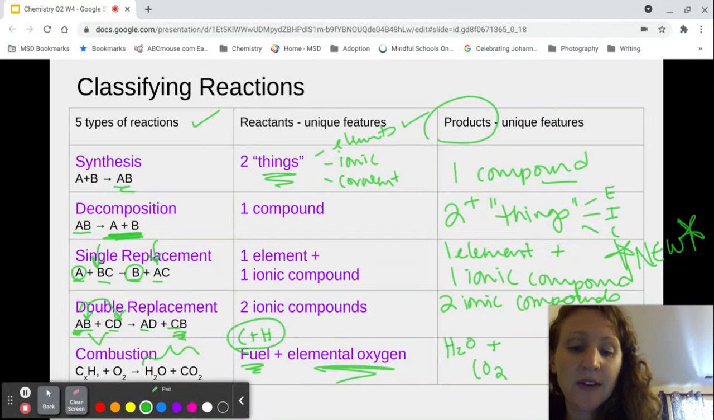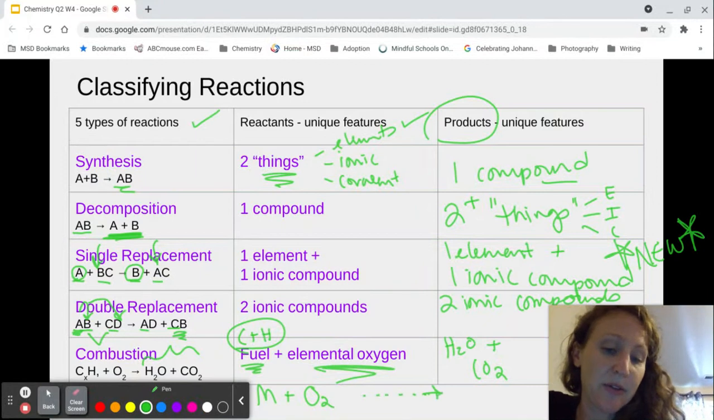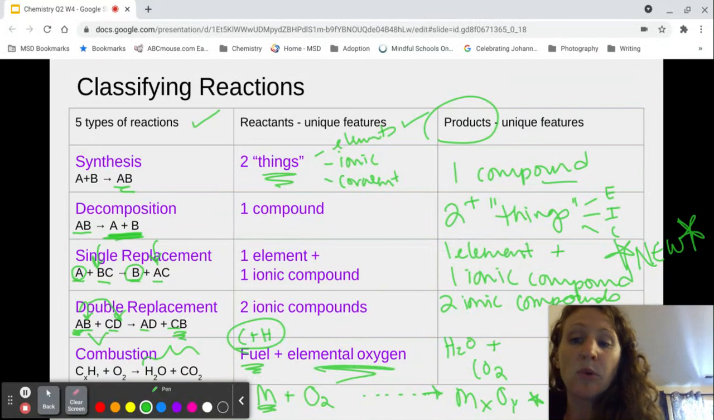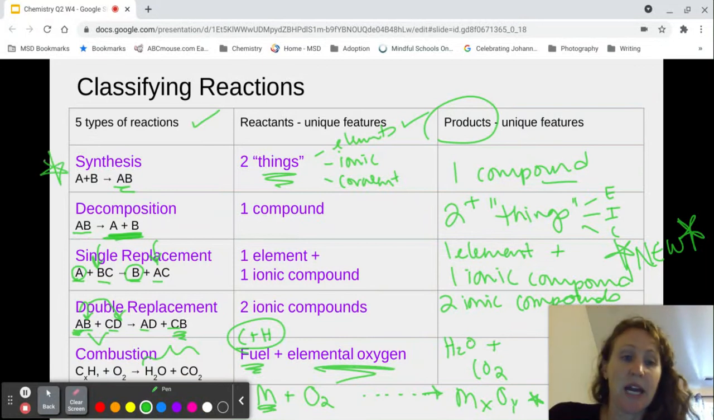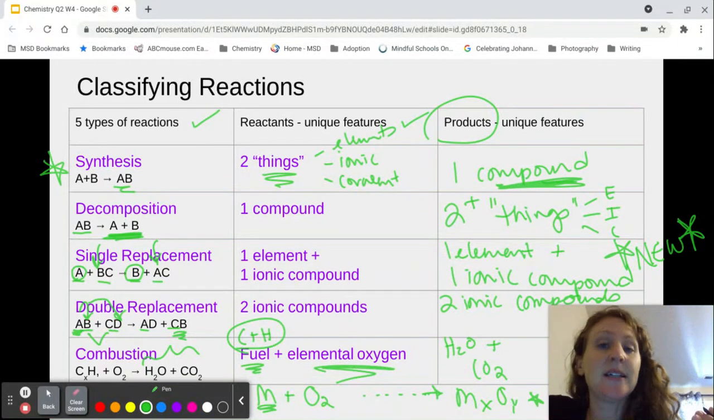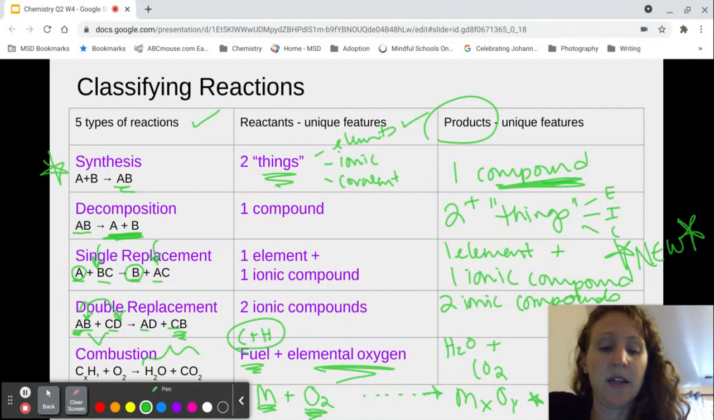If the thing you have is a metal plus elemental oxygen, the thing you get out is going to be an ionic compound of that metal and oxygen balanced against each other. So this one down here, a combustion reaction that involves a metal, it's more like a synthesis reaction where you end up with one compound and you have to consider how to balance that. You can technically classify it as combustion because one of the